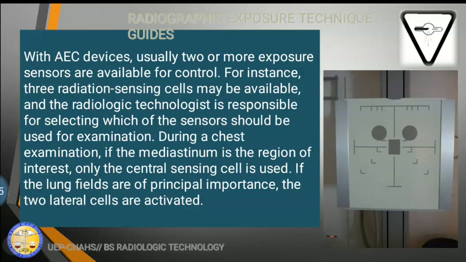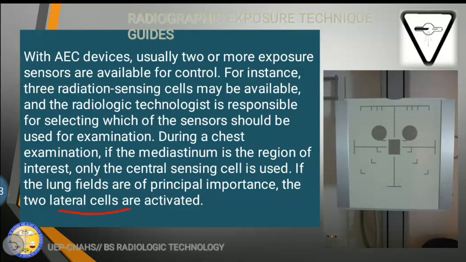During a chest examination, if the mediastinum is the region of interest, only the central sensor is used. If the lung fields are of principal importance, the 2 lateral cells are activated. So, ito siya, na mga sensors, you can manipulate that sa console. May mga selectors na tayo doon sa console. So, you can select the central or, sabi nga dito,